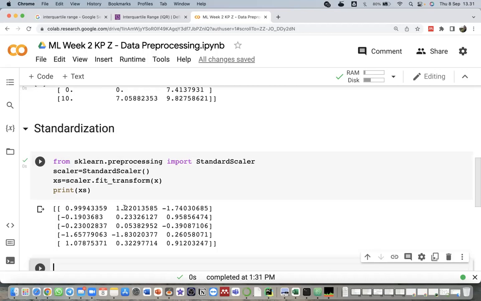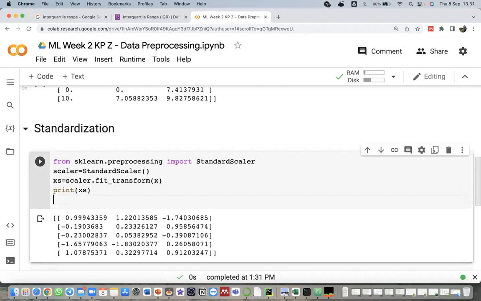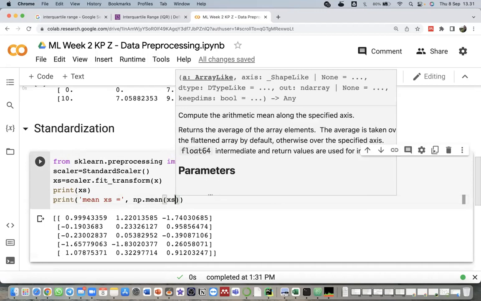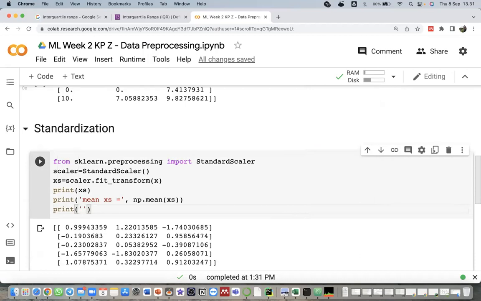After we standardize our X values, we can just calculate the mean and the standard deviation from our XS values. So we will print the mean XS equal np.mean, we calculate the mean from the XS, and print std XS equal np.std XS.